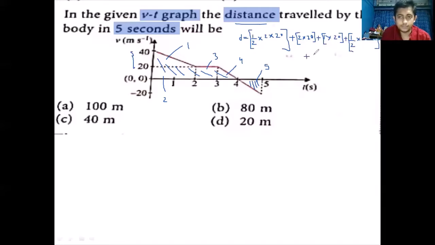We'll say that it is plus, half into base into height. So it is half into base, which is again 1, into height. We will not take minus 20, we will take only 20 because it is distance, and distance is scalar. Now let's add these. So the 2 gets cancelled out, so it is 20 plus 20 into 2, that is 40, plus 20